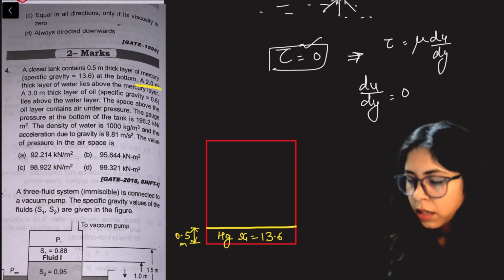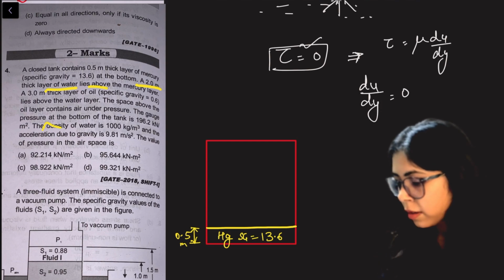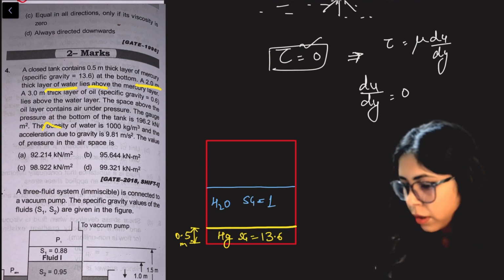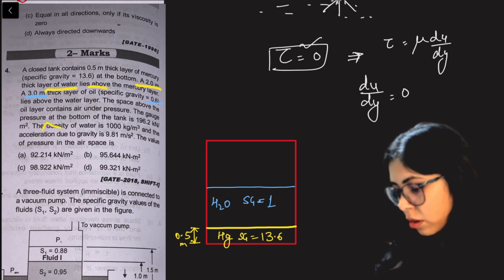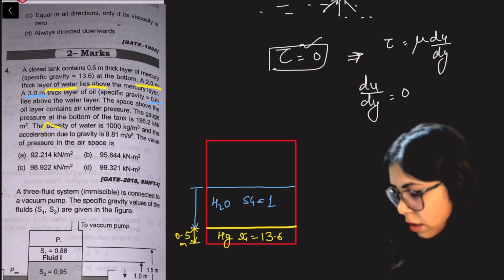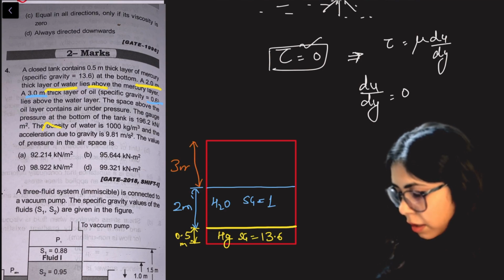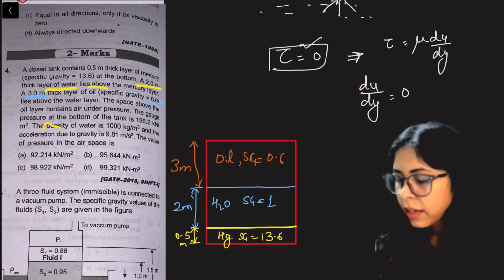A 2 meter thick layer of water lies above the mercury layer. So above the mercury layer we have 2 meter thick water, H2O, which has specific gravity 1. Then there is a 3 meter thick layer of oil, which has specific gravity 0.6. So let's draw the oil in orange. This is 2 meters, and then oil is there, that is 3 meters, with specific gravity 0.6. The gauge pressure at the bottom of the tank is